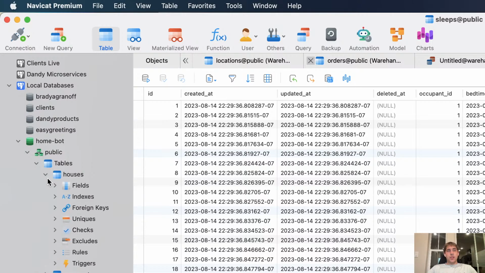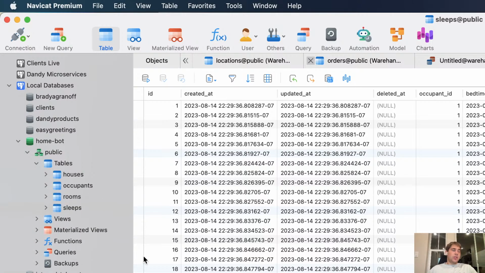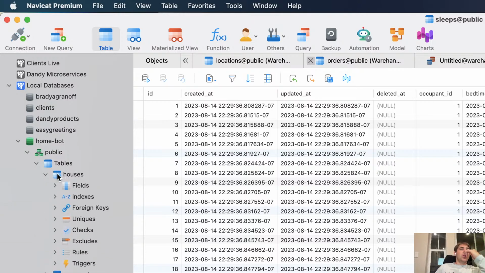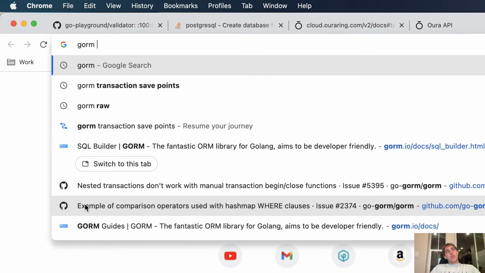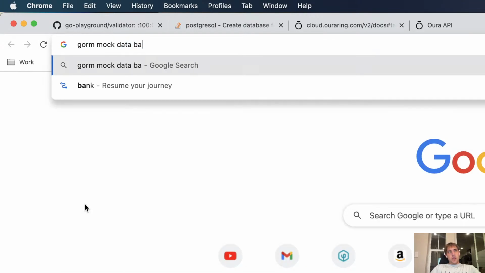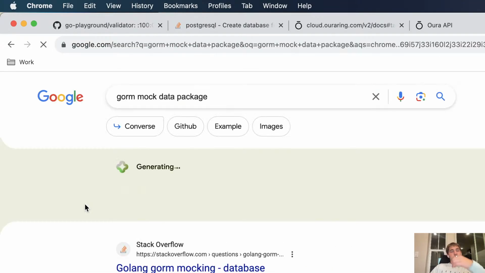I'll make a mock data thing. Honestly, it'd be nice to. I should probably create a mock data package. That'd be so useful for people. There's got to be one out there, right?